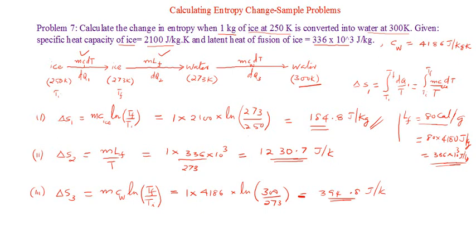And our stage is over. So you can see here, what is the total entropy change? That's the question. Therefore, the total entropy change delta S total will be equal to delta S1 plus delta S2 plus delta S3 in the 3 stages. So just add it up and you'll get around 1810 joule per Kelvin. That's the SI unit. Be careful about the SI units of your final answer.